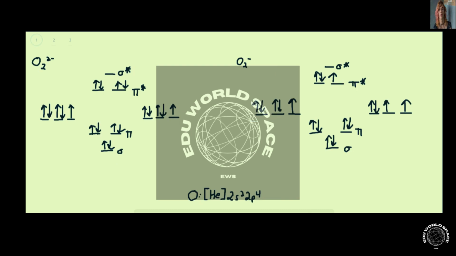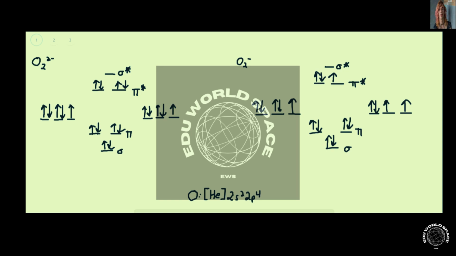All right, guys, we're doing problem number 76 of chapter 9 in Chemistry Essentials. So they want us to explain the following. First up, the peroxide ion, O2 2-, has a longer bond length than the superoxide ion. You can determine the validity of this by looking at the